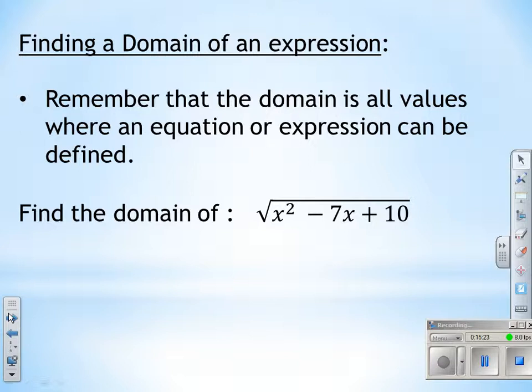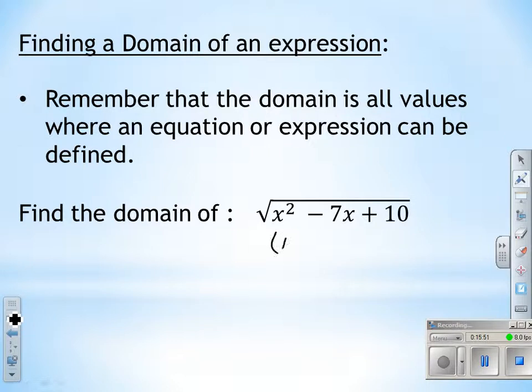All right, the last thing that was brought up, and I thought I would review, we've talked about it a little bit. Remember that domains, okay? Finding a domain is finding all the values where an equation or expression can be defined. So if you're looking at one like this that happens to be a radical expression, in order for an expression to be defined or real, you can't have a negative square root. All right, so let's take a look at this one